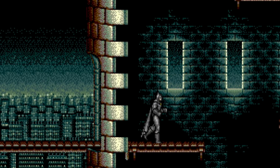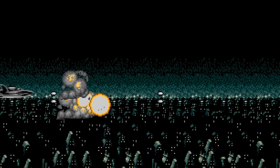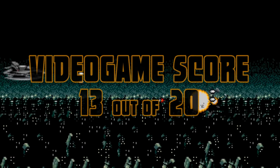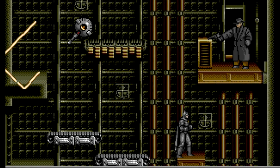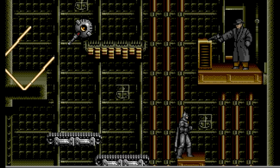And oh yeah, it's got some fun side-scrolling Batmobile and Batwing shooter levels too. It all earns about a 13 out of 20 in terms of a video game score for me. At the same time, I commend the Genesis version for successfully gamifying the film's plot more than any other console